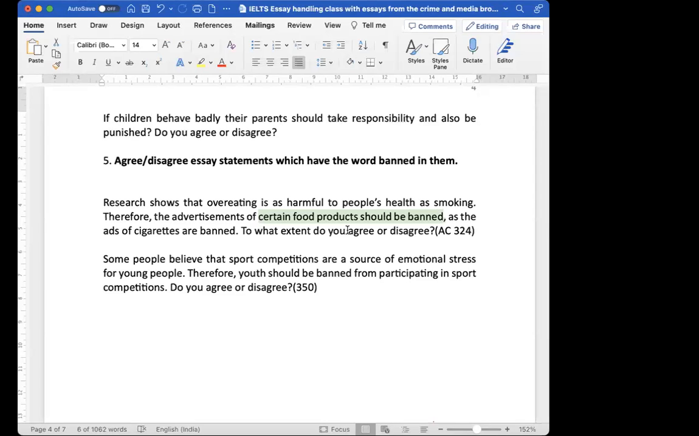You can say that it is true that overeating is very harmful, and just as smoking is harmful, but banning food products, just like the ban on cigarettes, is not the right thing. Disagree with that. Okay, and then you will say,